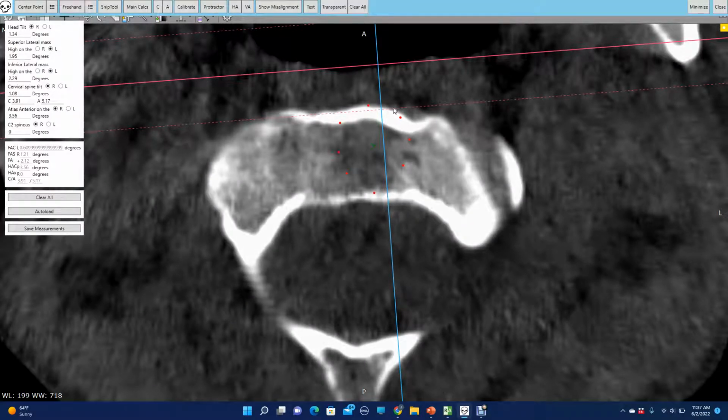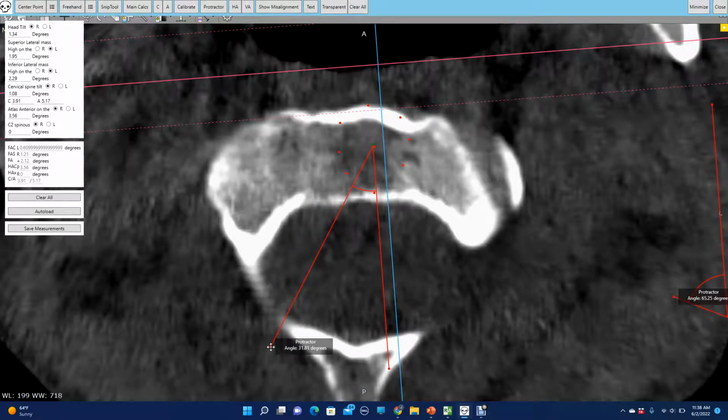And now, when we place our protractor back on our horizontal skull line, I did that wrong. Let's try that again. Good to know. Okay, so if we put this guy right on the middle of that dens, which was there,